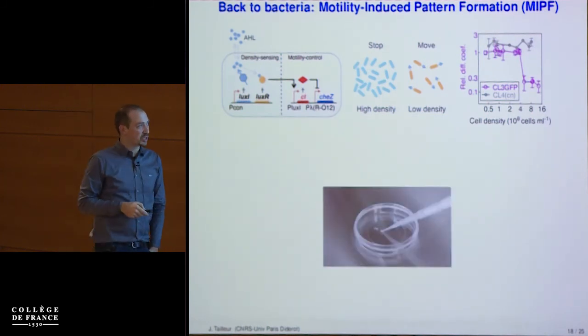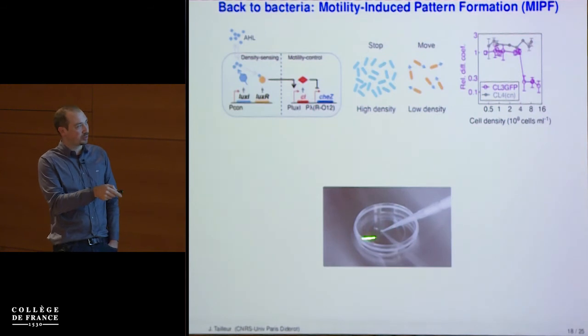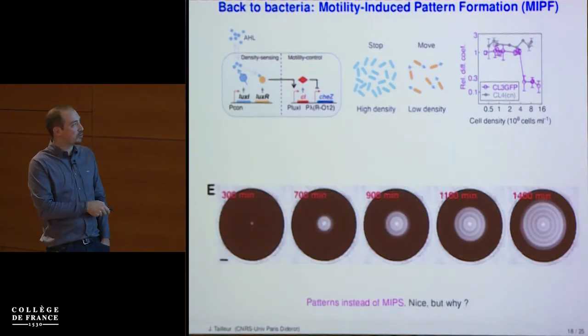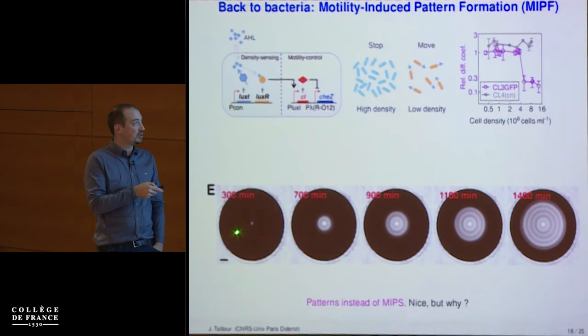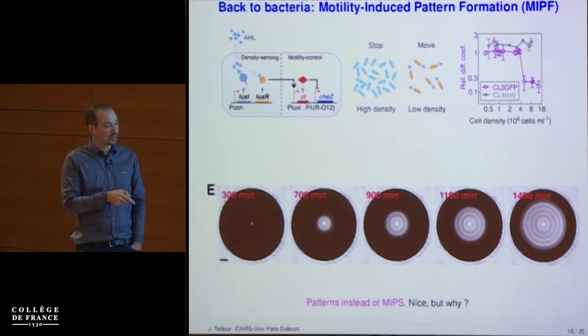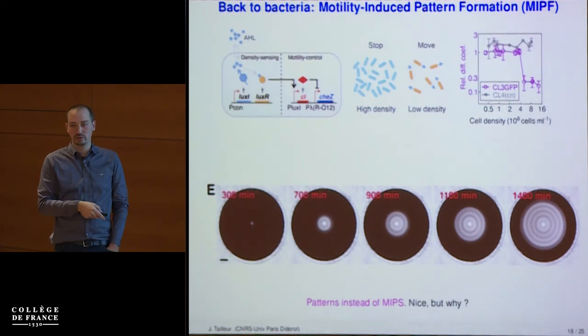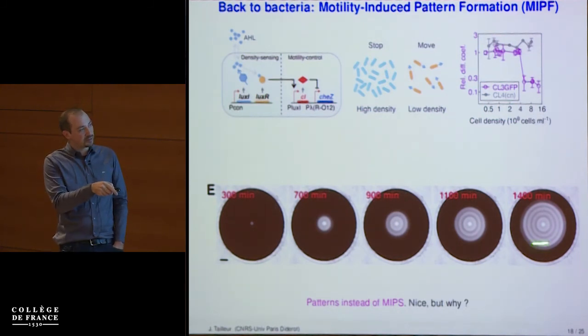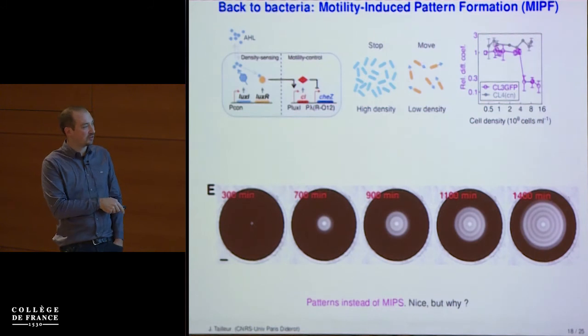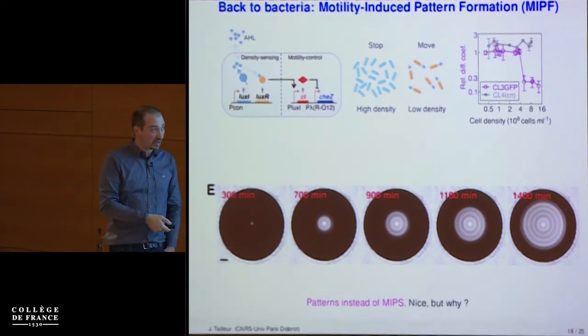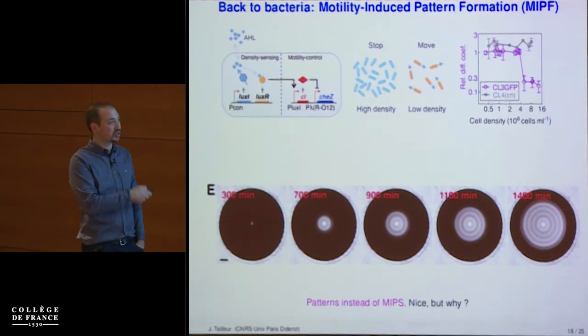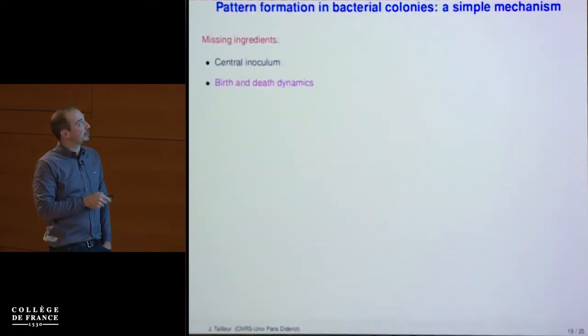Then they do the magic experiment. They put a droplet in the center of a Petri dish. They wait 24 hours, and this is what they see. So you have a spreading of the colony. Clearly, the density is not homogeneous, but clearly you don't have phase separation. You get nice circular patterns with rings of fixed sites. So that's very nice. Something's happening, but not what I expected. So what am I missing?